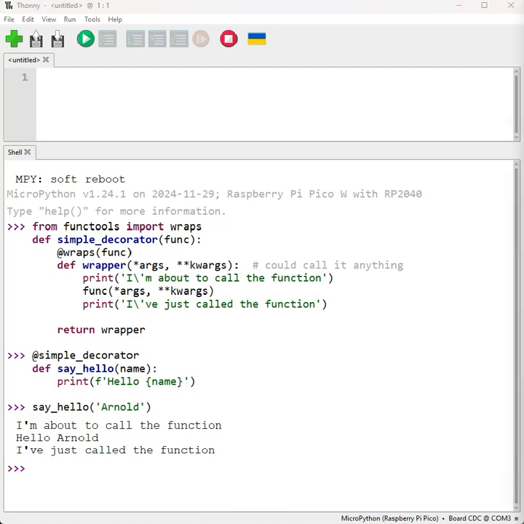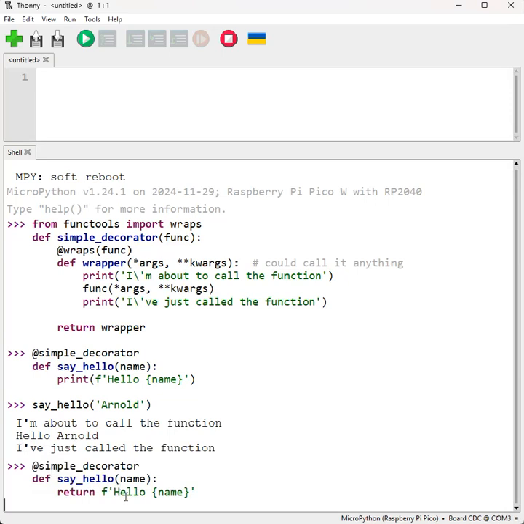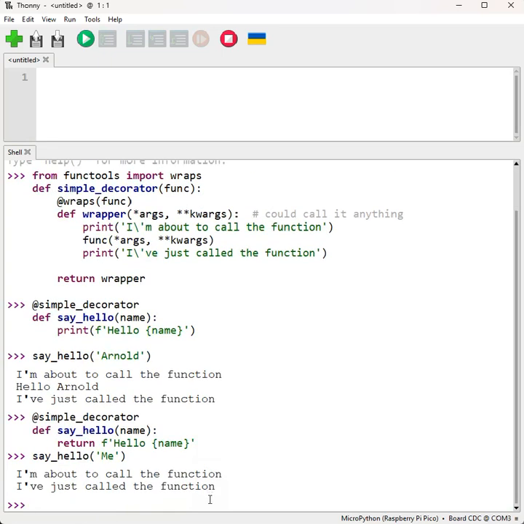But what if instead of printing it, you returned it? We'll do that. Say hello. I'm running out of names. Me. Well, it didn't go wrong. It did not go wrong, but that return, because I'm returning the function, it just doesn't do anything with it at all. So what you have to do is